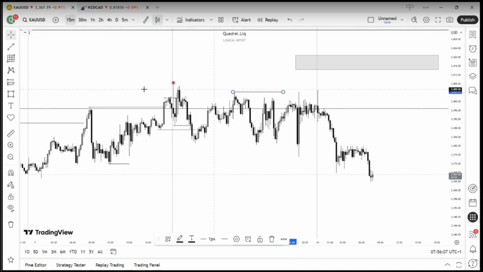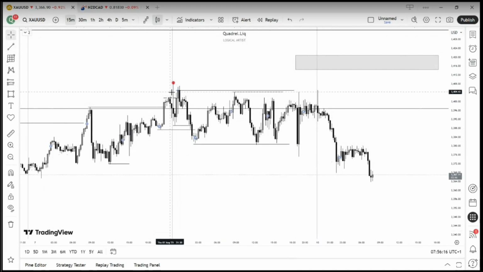So now, for this, after this break of structure, you can see this pullback. We have it right here, but failed to mitigate this level. But that's not my concern for now. I need a structural point. So now, we having the trading range from this high straight down to this low,